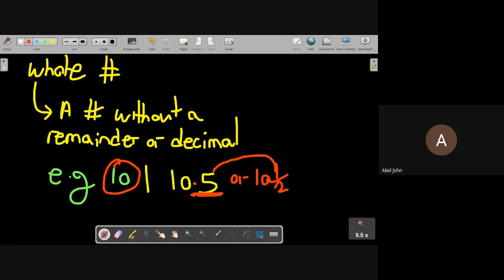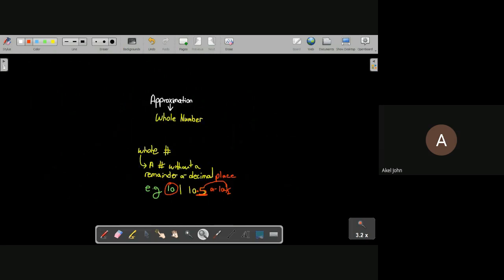Because it has a remainder, it is not a whole number. So as long as it has a decimal place, it's not a whole number,